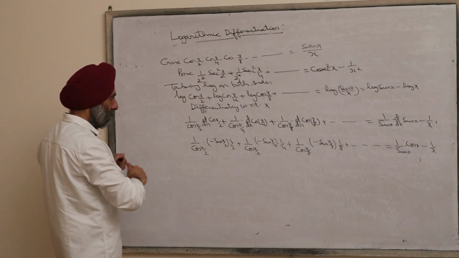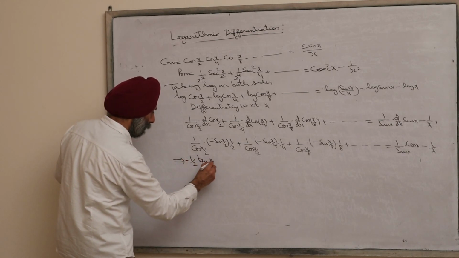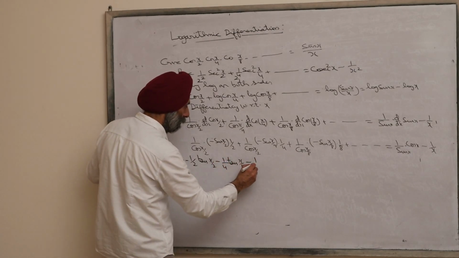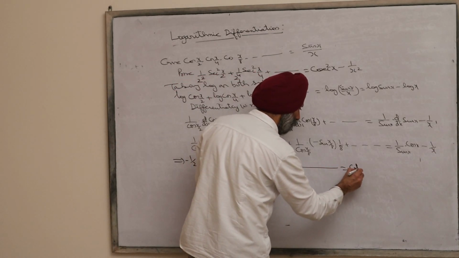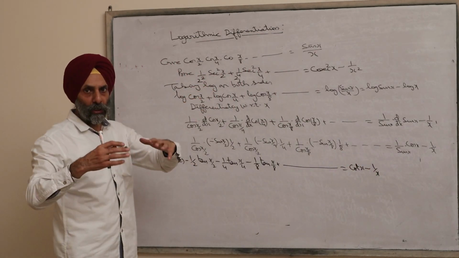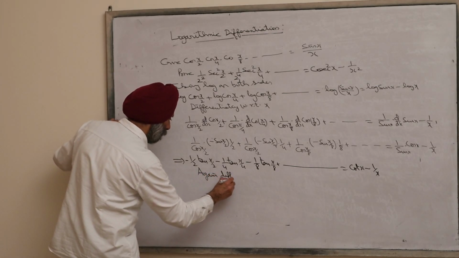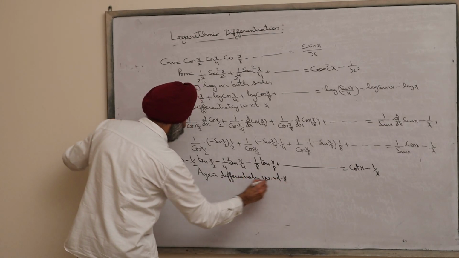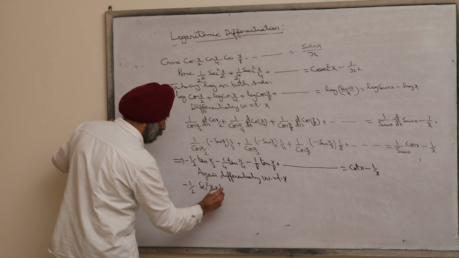So you can see here, this implies minus half of tan x by 2 minus 1 by 4 tan x by 4 minus 1 by 8 tan of x by 8 and so on is equal to cot x minus 1 over x. But what we have to prove here is in terms of secant square. So again, differentiating with respect to x, what is that? Minus half into secant square x by 2 into 1 by 2,